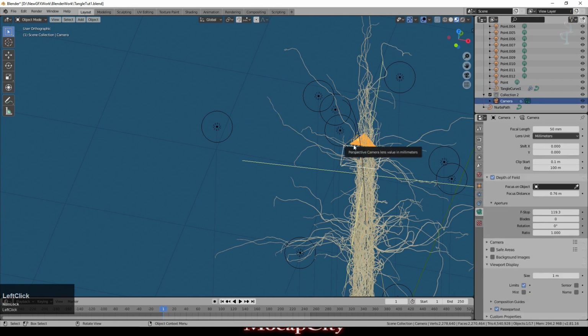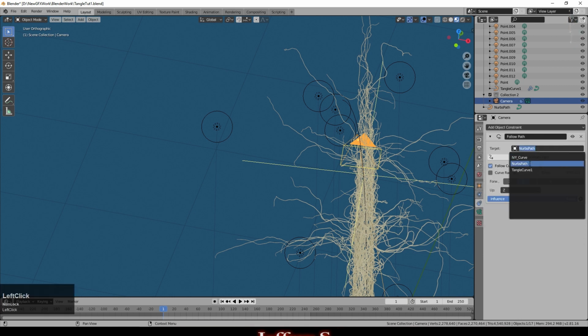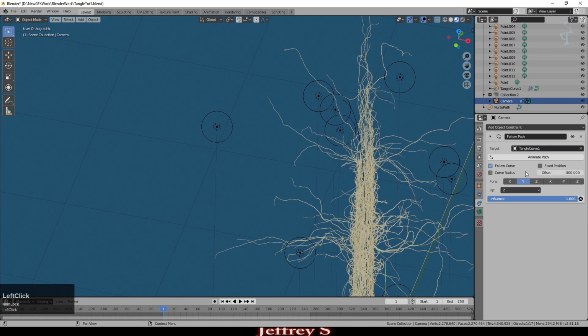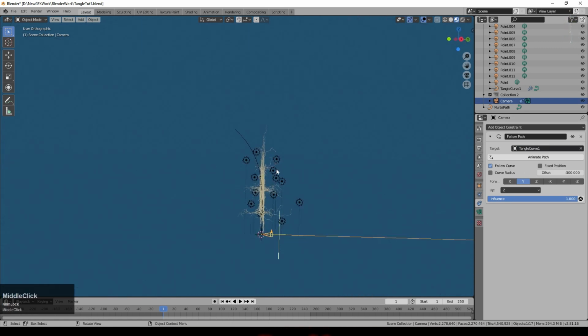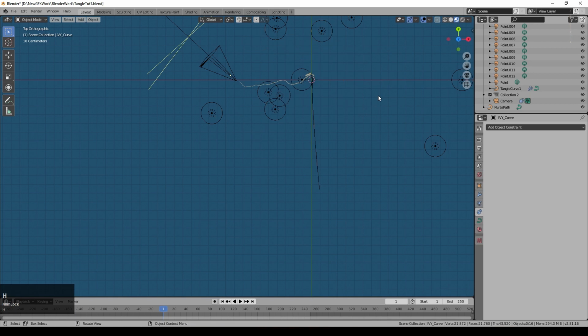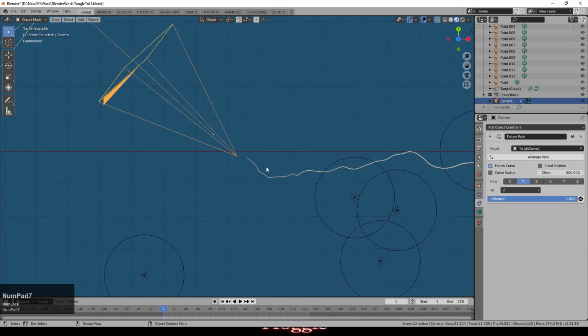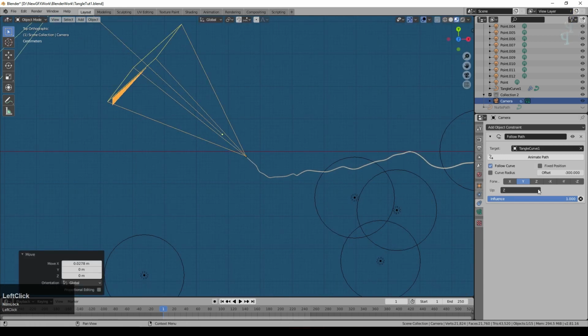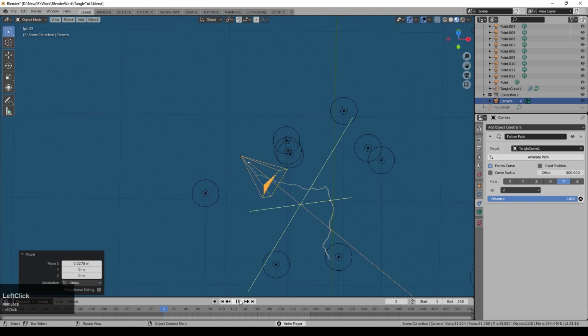I'll go back to my camera and I'll go to the constraints, and we'll change this to Tangle Curve 1. Now, as always, the camera will go flying off a bit, and we haven't animated the path yet, so we'll click Animate. So I'm just going to hide the main tangle, and we'll also hide that other curve, just so we can see what we're doing. So in terms of location, the camera is not far off where it needs to be, but if I click -Y, that should point it in the right direction.